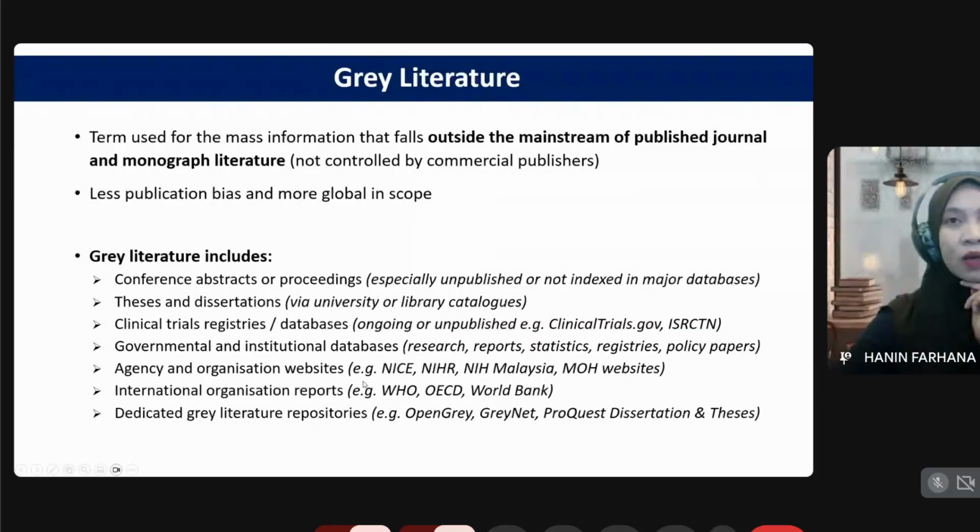Agency and organization websites, for example NICE, NIH Malaysia, and NMH websites; international organization reports, such as WHO and World Bank; and specifically dedicated grey literature repositories, Open Grey and GreyNet, focusing on dissertations and theses. Open Grey and GreyNet are free to use. You can search them if you want, but you have to really look into the one that you